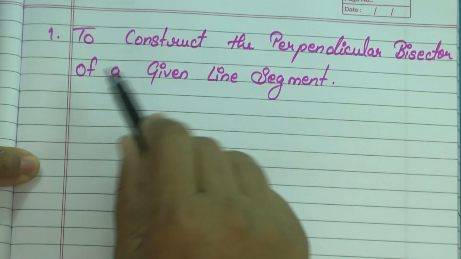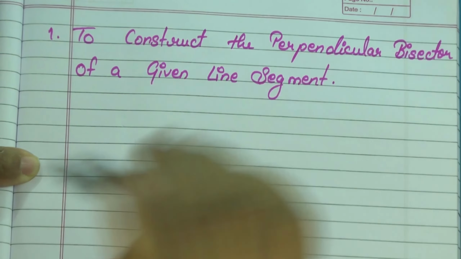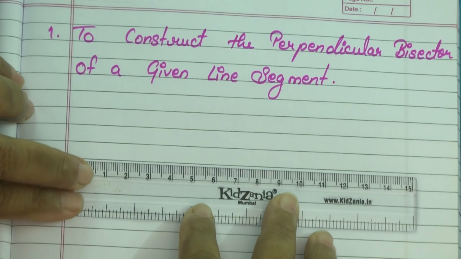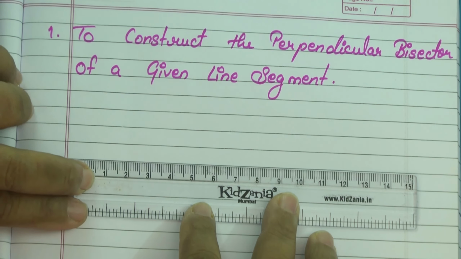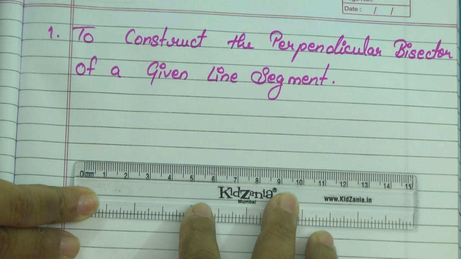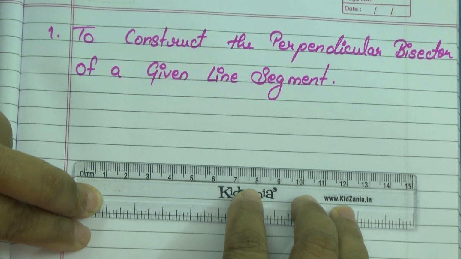So we will begin with construction of a perpendicular bisector on the given line segment. For that, I need the scale and I'll draw a line exactly on the line which is given in your paper. Children, I have used here the same pages which you are using. Since we are going to do the construction, this kind of paper only in your examination. So I am not using the plain paper. In the exam you are writing on the ruled paper only. So therefore I am doing it on the ruled paper.